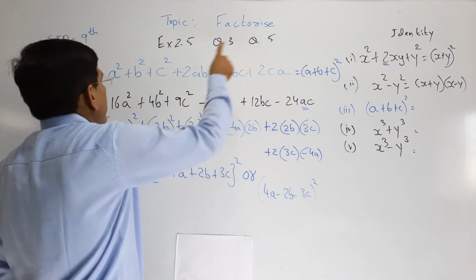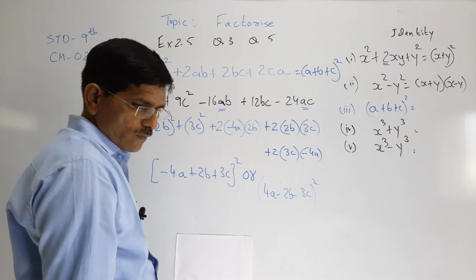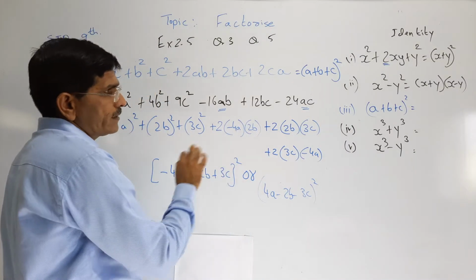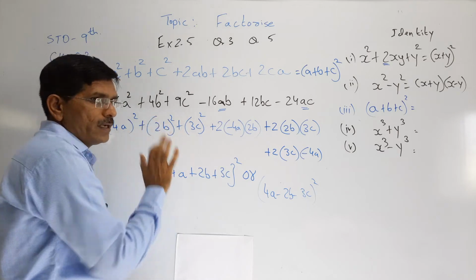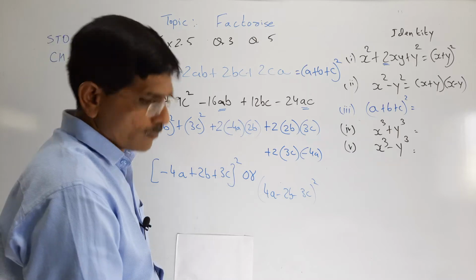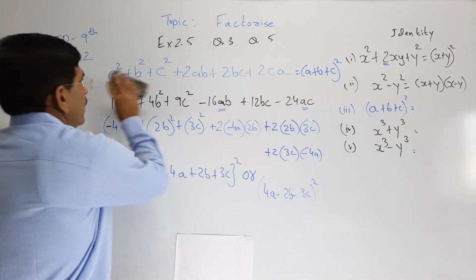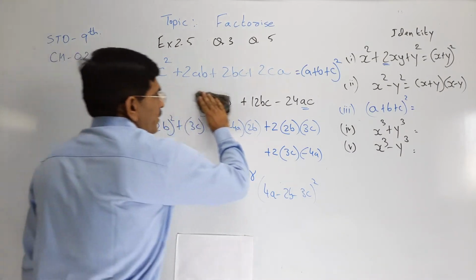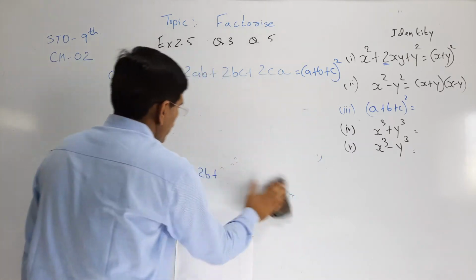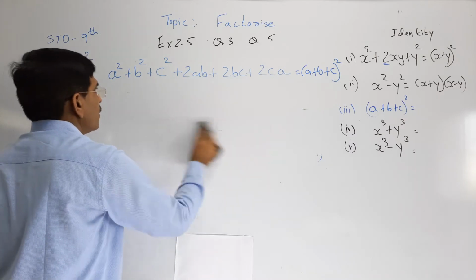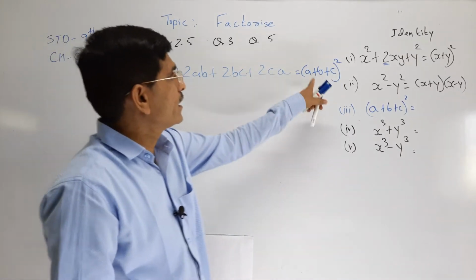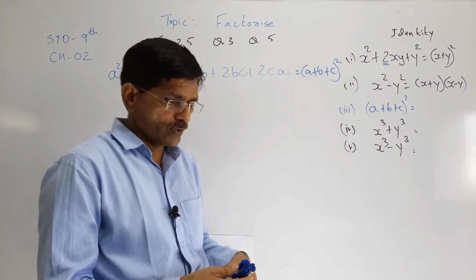So question number 5, one example is there. Now we concentrate on question number 5. So you have to write this example, it is in your text. Now we go for some more sums. The identity is already here, so we can use it in the proper way. What is the answer? That is important. The answer must be only of 3 terms, (a plus b plus c) whole square.